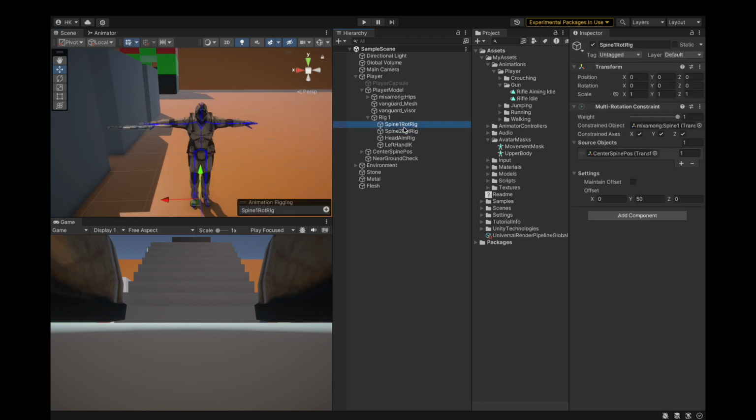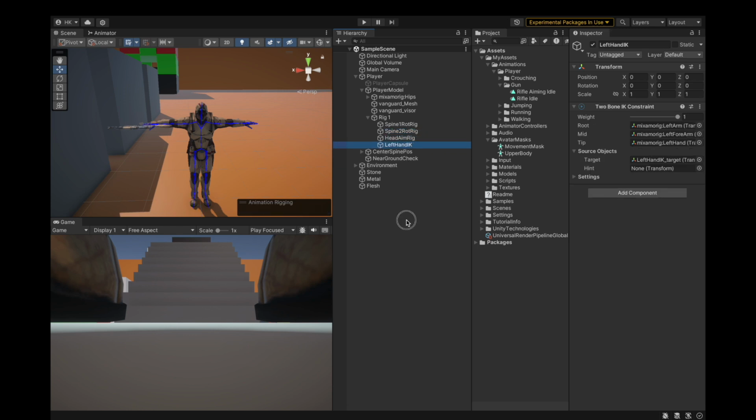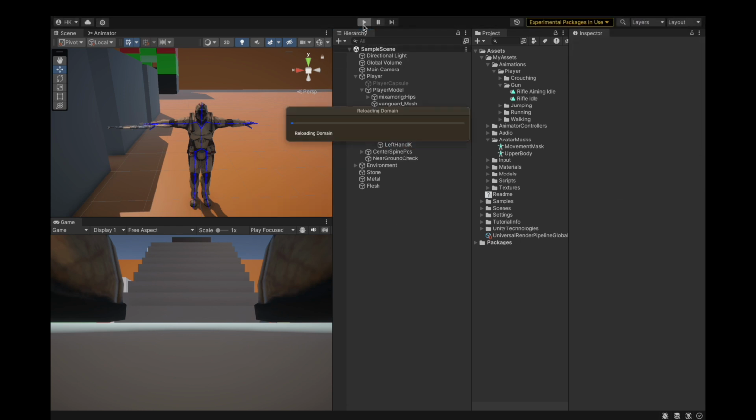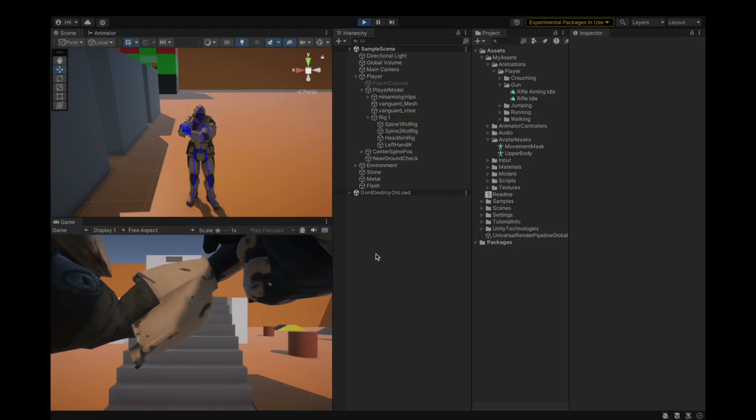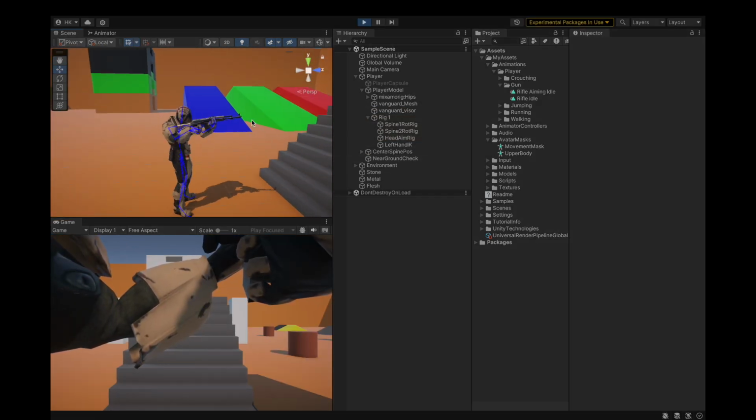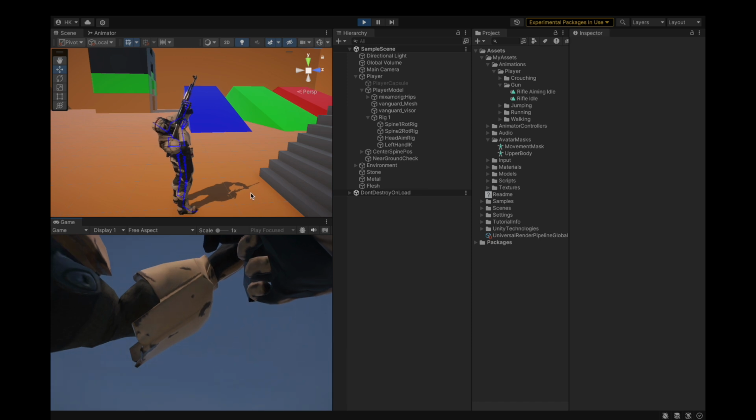Spine 2 is set to 0. Alright, and now let's see what happens. So, oh yes, now it's okay. I think it had some problems, but it's okay, a bit different, but that's okay. So now we have the aiming animation working alright,